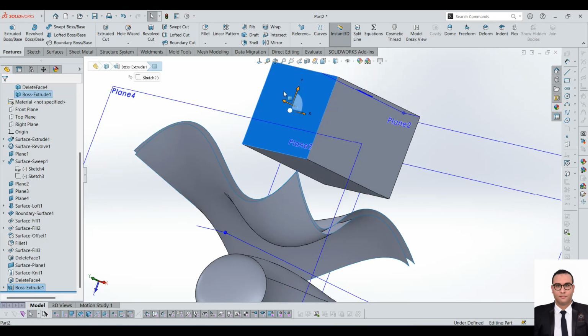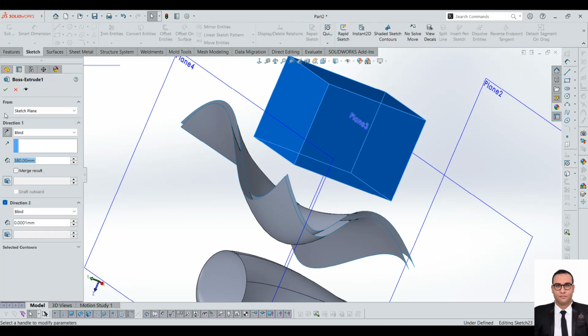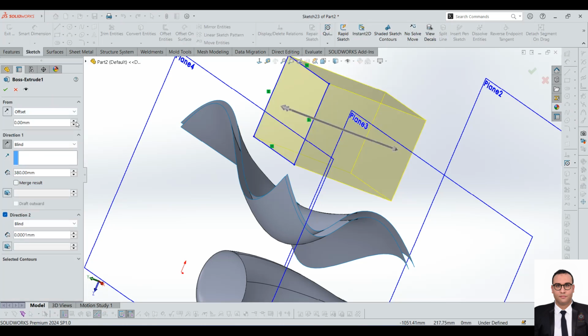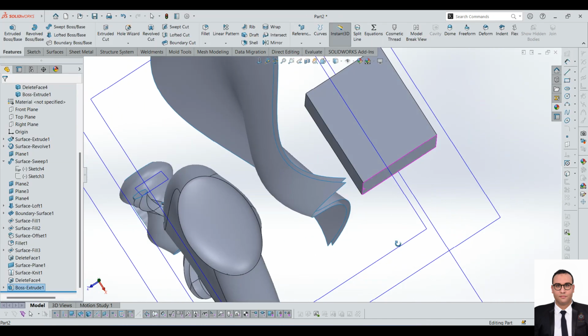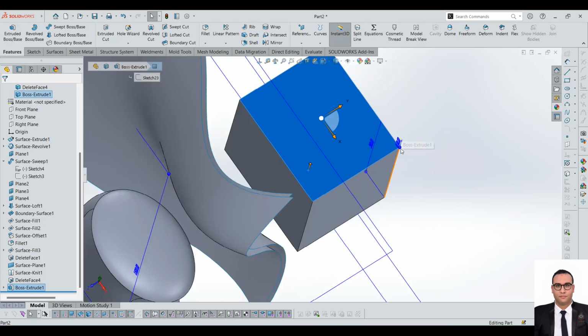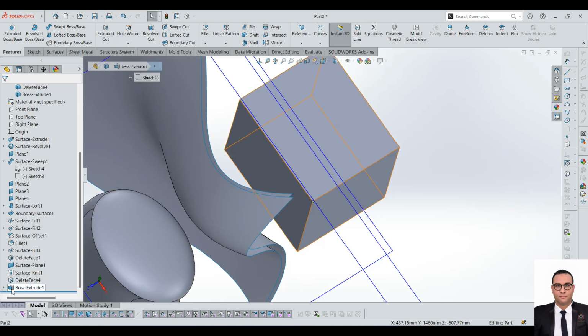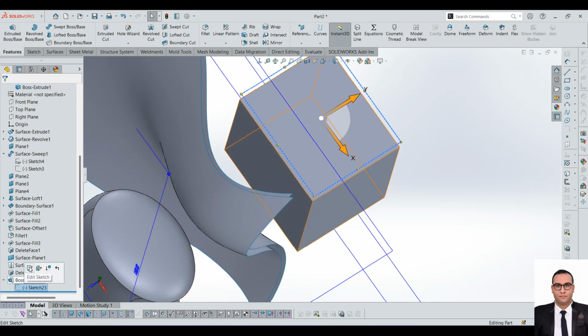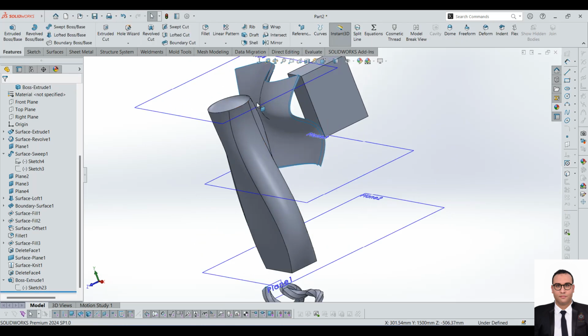Let's try also giving it an offset in the start condition, given an offset of maybe 14 this side. Okay, and try also to make it like this. Okay, now normally if we select this face here,